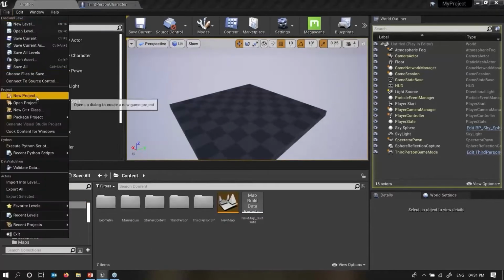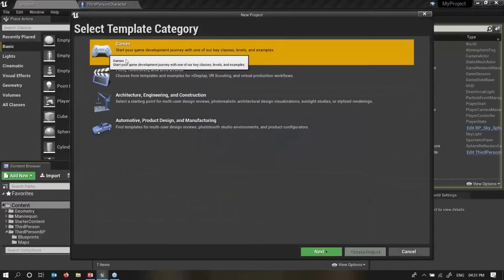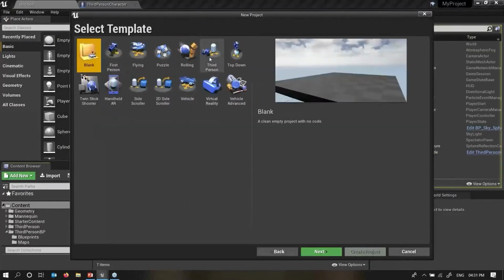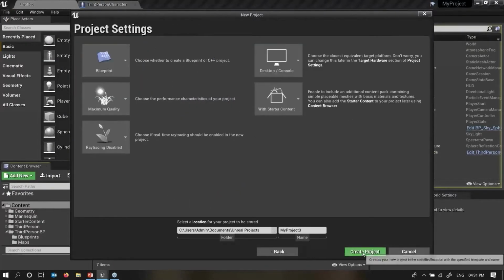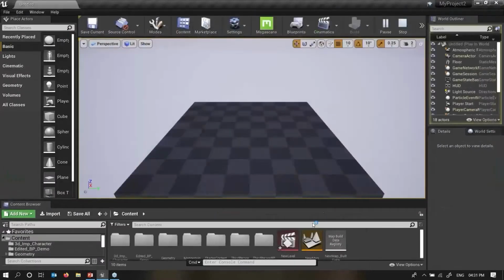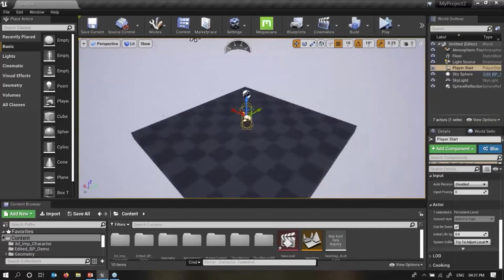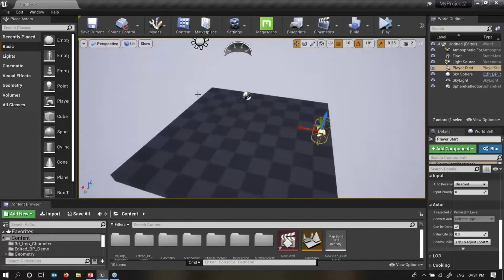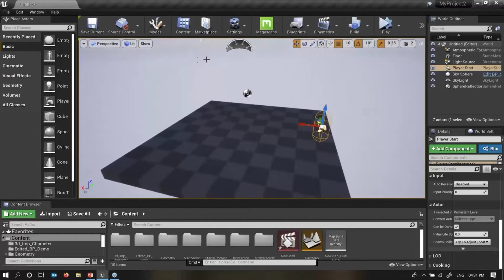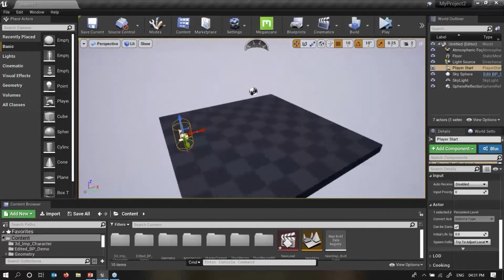So again, let's open a new project, a new game, third person character. Double click on that and just create a new project. Now what I require is to make animations so that once my game character reaches this trigger, this particular area, the ball or any objects will fall. So that is the trigger way we can achieve that effect.